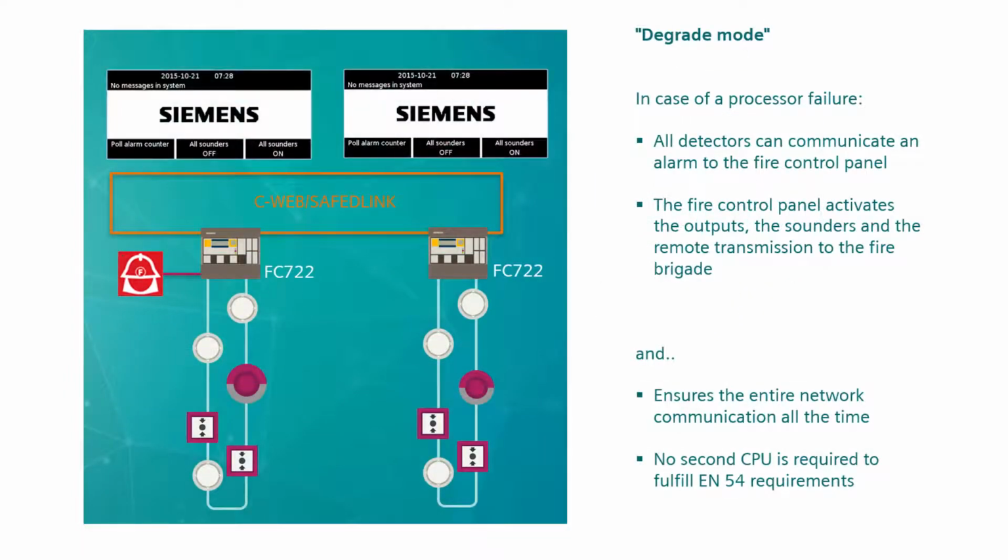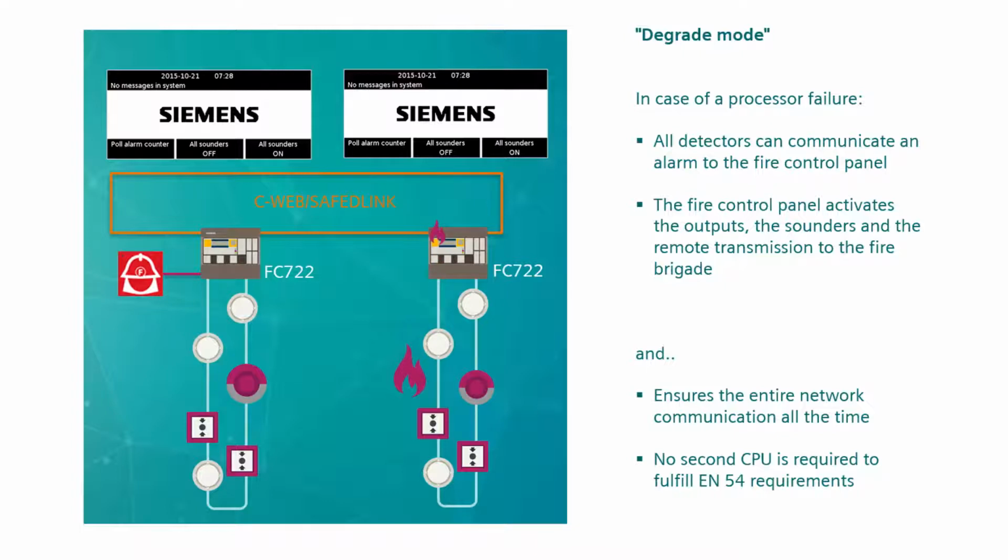The degraded mode safety feature is always included in every fire control panel. First, let's look at how the fire control panel normally works. It continuously monitors the CNET. Fire. If a fire detector detects a danger,